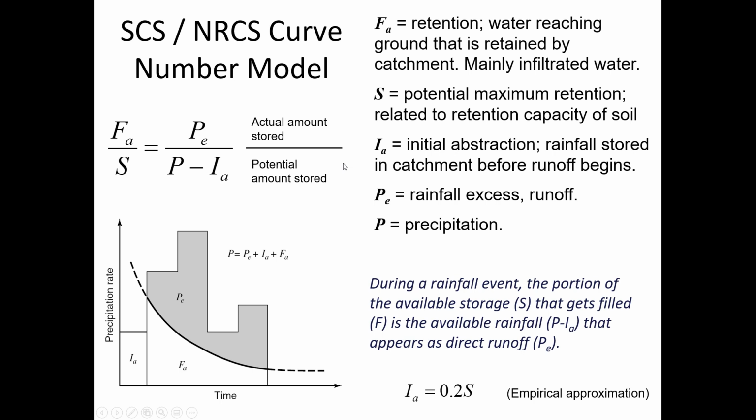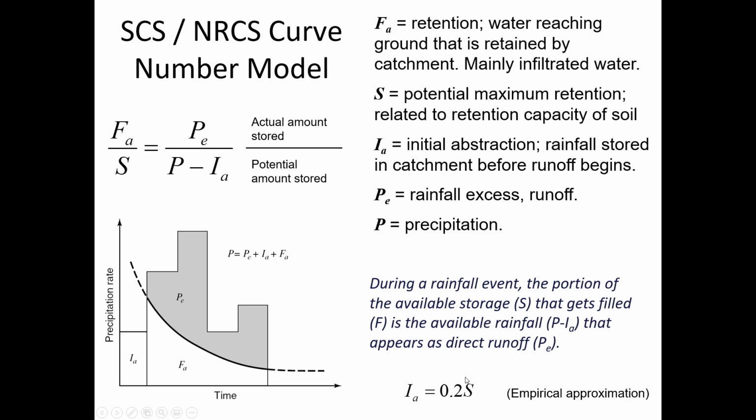So we'll look at some applications of this. It's a little bit of a fuzzy concept at first, I think, but I think that you'll understand more about what the NRCS method is saying on a time step by time step basis once we give this a try on a few examples. Now, the way that they account for initial abstraction is they just say it's 20% of the overall storage. So that's not very satisfying, but